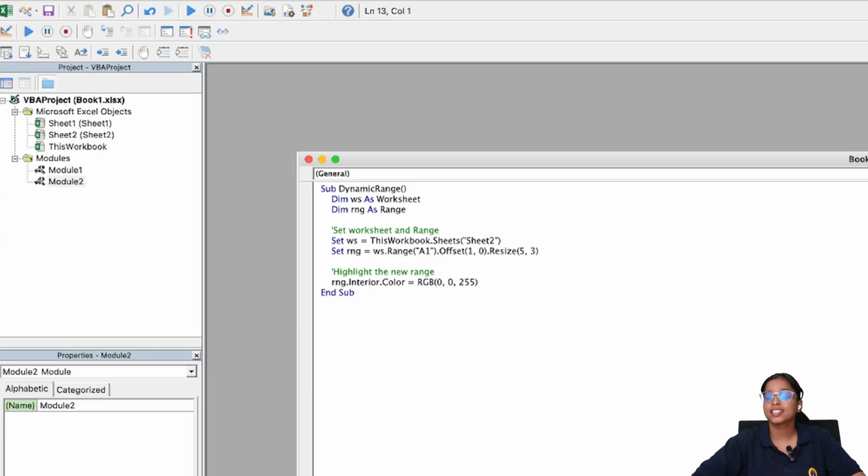Now practical examples. Number 1 is automating chart data. To automate chart data, we update charts by linking them to dynamic ranges. For that, we'll write our class, sub chart with dynamic range.